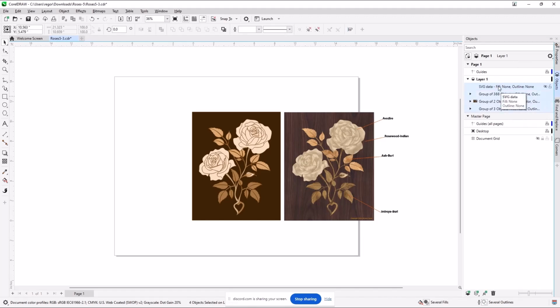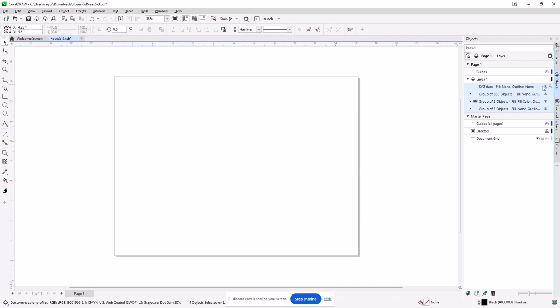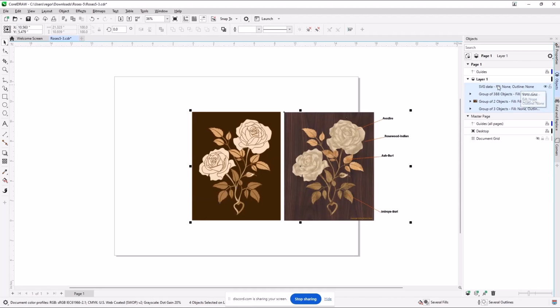But again, that's a CorelDRAW thing. If they're all selected, I can make them go away or not. So you don't really need to do that. I'm just wanting you to understand that there are ways to get to each line item, and there are ways to get to the whole group through different directions.